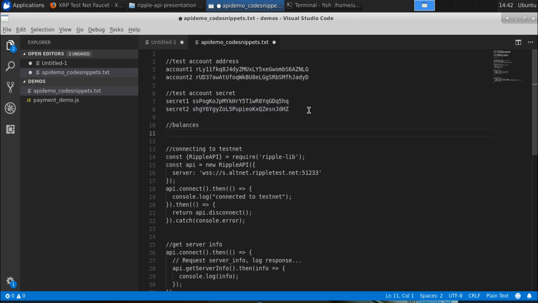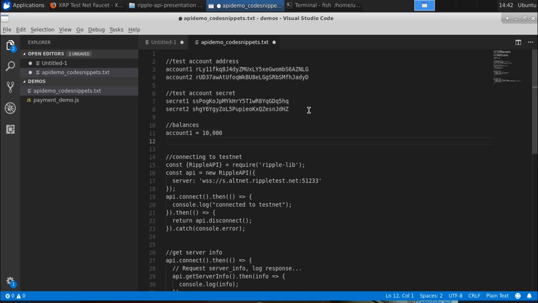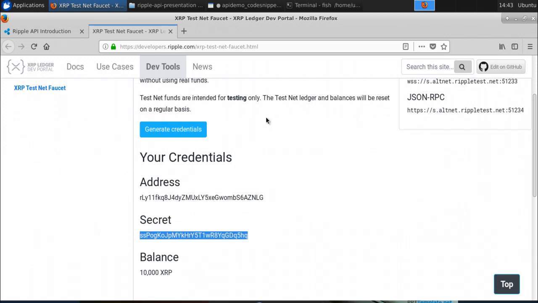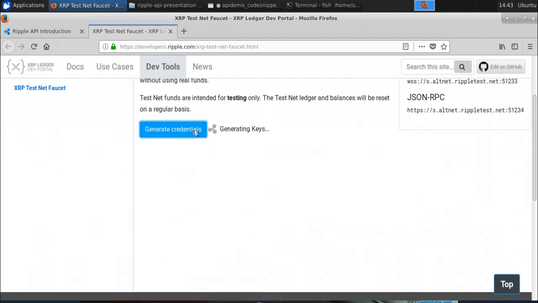Okay, account 1 balance 10,000, account 2 balance will also be 10,000. Account 2 we haven't created yet. I will create the account again.